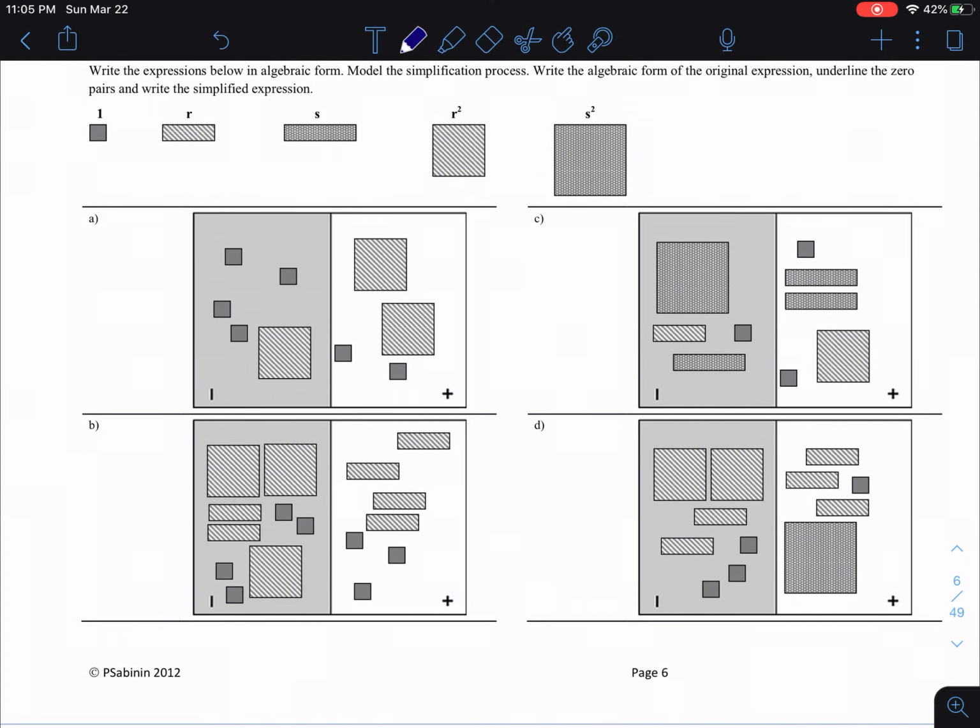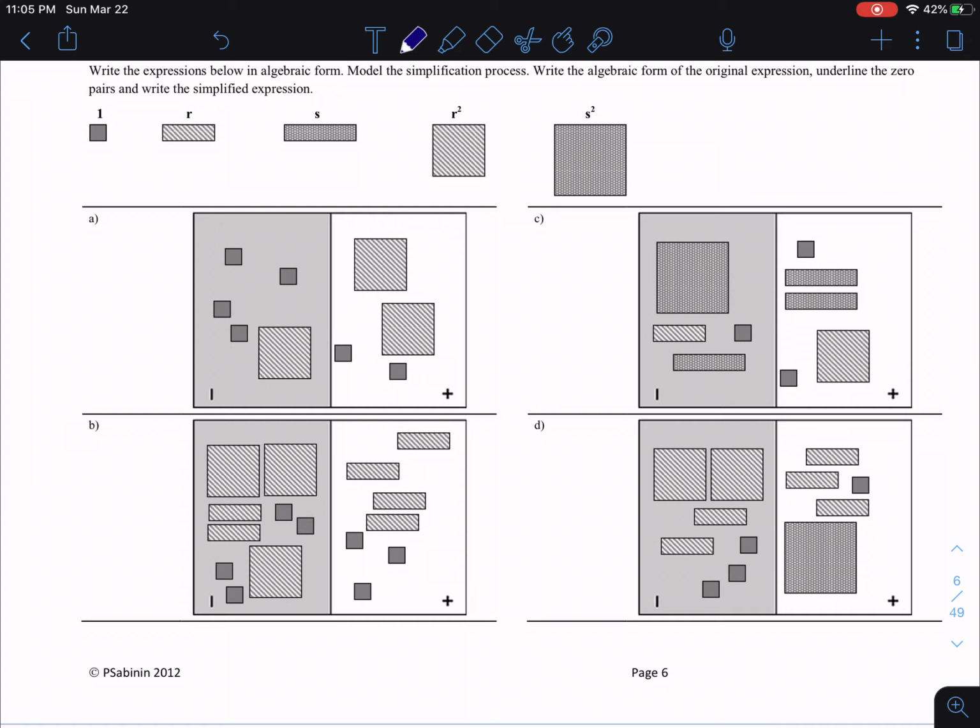Now, for these particular examples, not only are we asked to write the algebraic form of the original expression, but also to underline the 0 pairs. Now you see that there's 0 pairs in the picture. There's a 0 pair. There's a 0 pair. We have a 0 pair here. We have a 0 pair there. We have a whole bunch of 0 pairs in these particular examples. So we should be able to identify where those 0 pairs are. So let's see if we can write these expressions